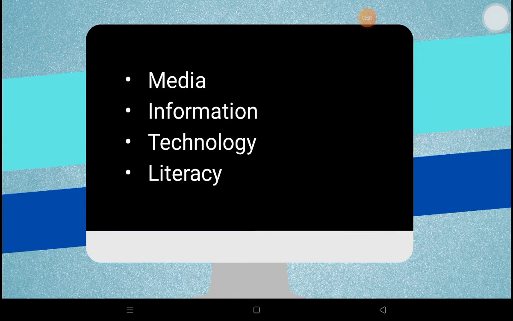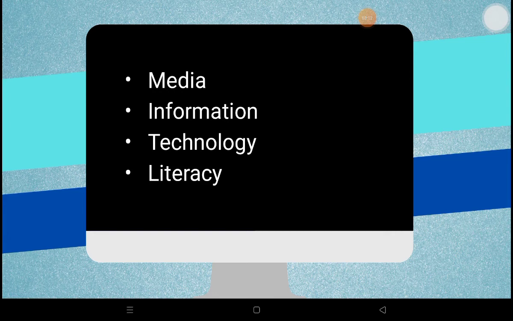So to begin with, let's start with the word media. As we know, media is very common to us, and I know we're using this in our everyday routine. When you say media, it means that it involves the different platforms in the online world. Media contains the different types such as the traditional media and the new media. But if we're going to talk about the main types of media, we have the